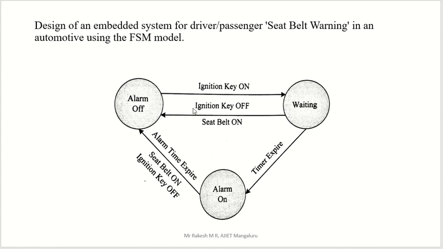One thing. Otherwise, when the alarm is off, your seat belt is on. If you put on your seat belt at that time, then also the alarm is off. The waiting time will not produce any alarm. Anyway, we have a 2 second time. Within that 2 second time, two situations will happen. One is either you switch off your vehicle, then also the alarm is off. Otherwise, in that 2 second time you put on your seat belt, then also the alarm is off.